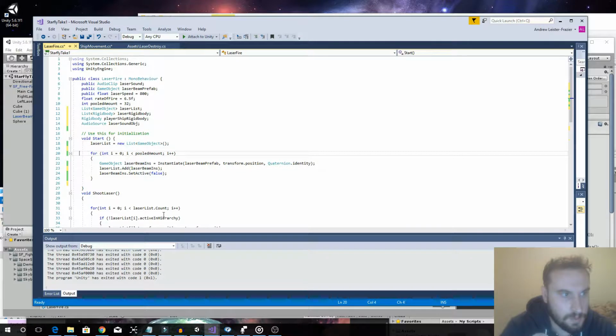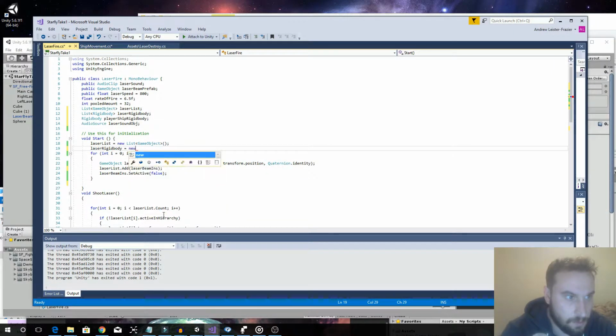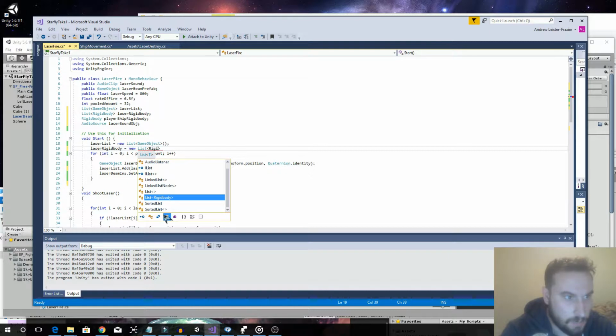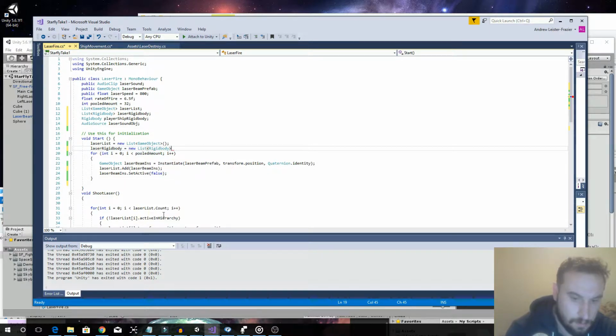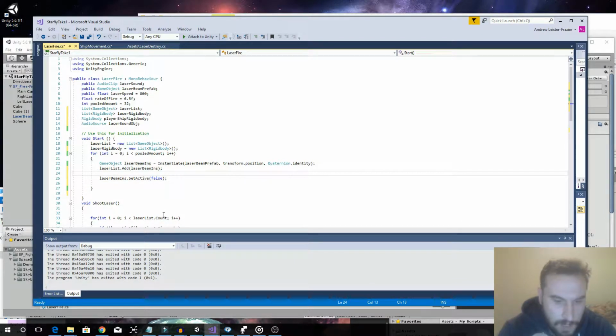And so we're going to go down here, and the first thing we want to do is right below the laser list equals new list game object in the start. We're going to want to make a new list called laser rigid body equals new list rigid body, and we're going to go down here and make laser rigid body dot add. We're going to do laser beam ints,